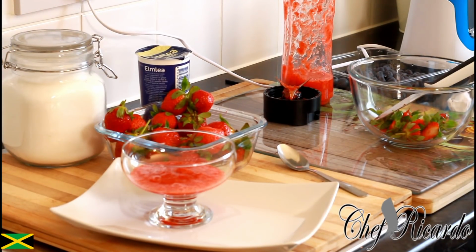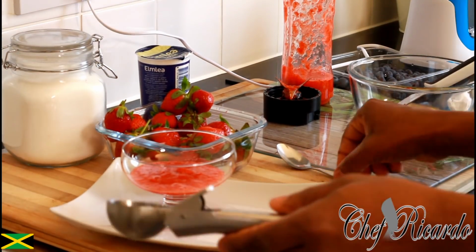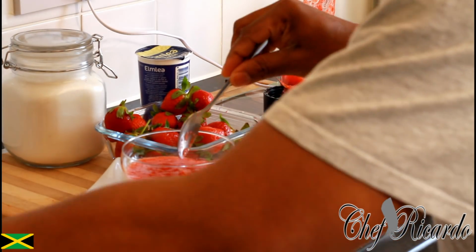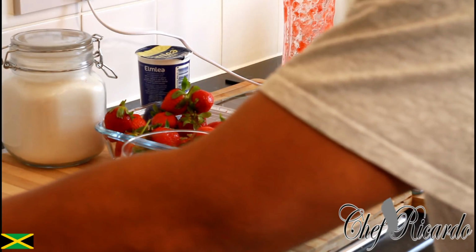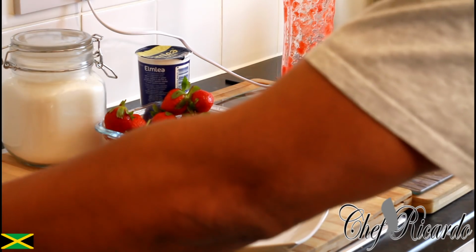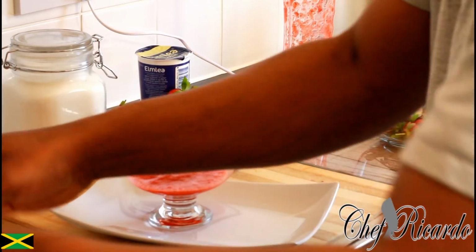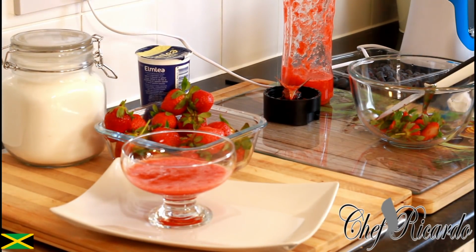I love ice cream, and sometimes I use ice cream, sometimes I use something different. You know what I mean? Because it just brings off a lovely flavor towards it. As you can see, you don't want to chop it too much. Oh, that's perfect, man. That's perfect. So, what you're gonna do now is to get the ice cream